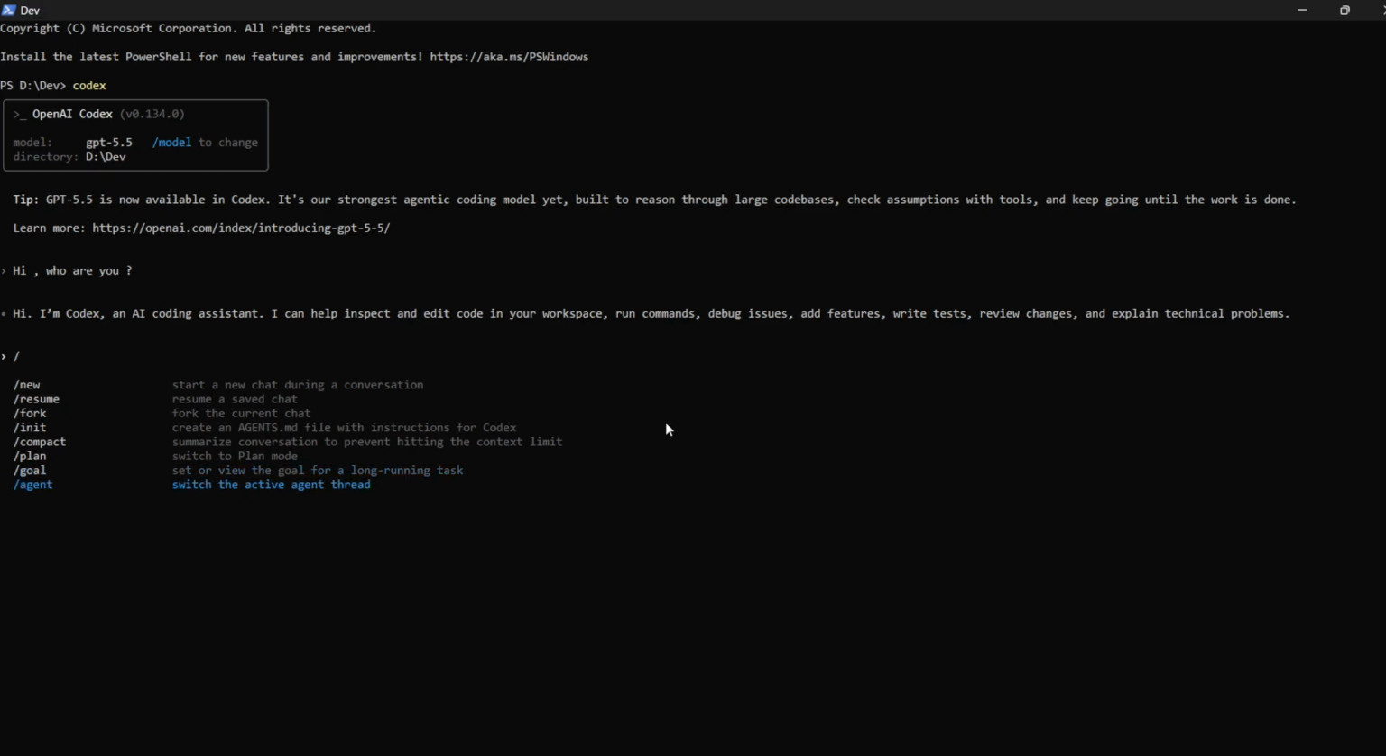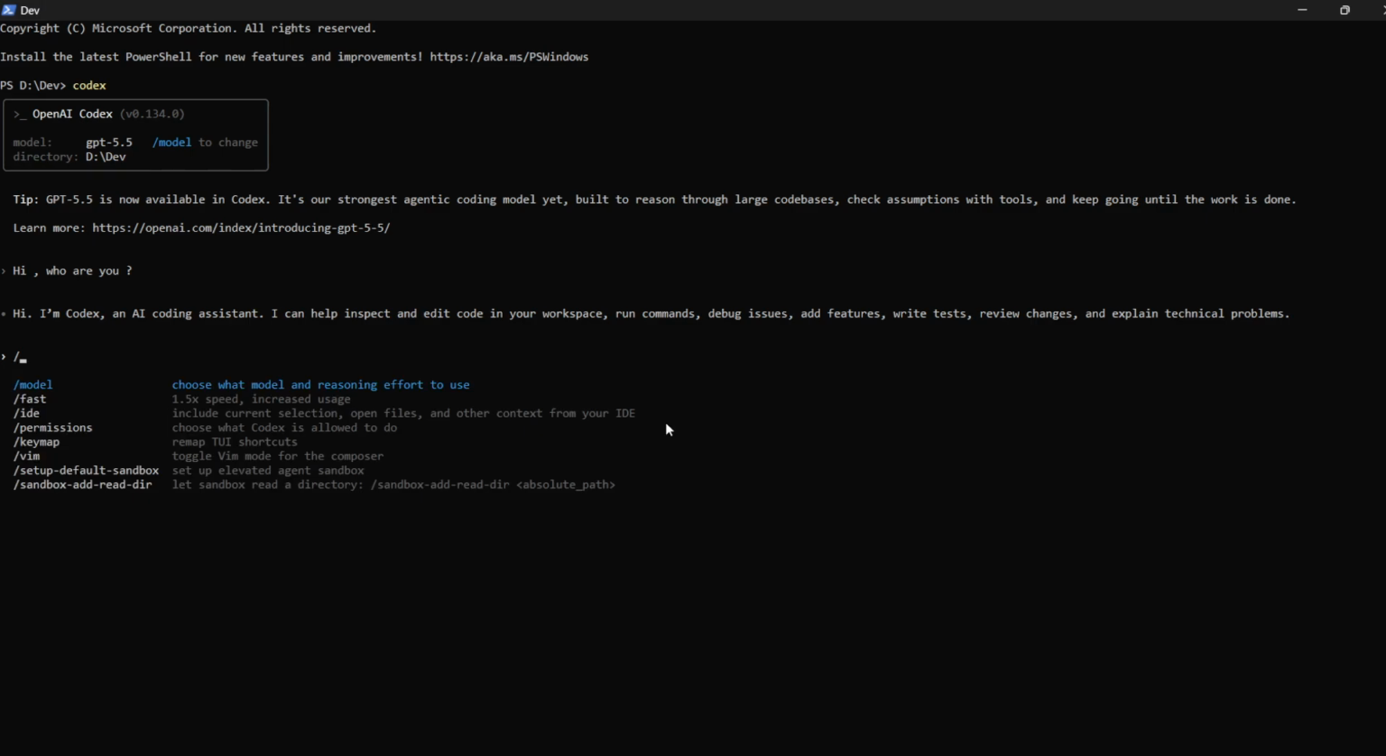We have the goal option, the agent command, using which you can switch the active agent thread. We have the side option to start a side conversation in an ephemeral fork. And we also have a copy last response as markdown, and raw and diff commands, using which you can toggle raw scrollback mode and show git difference. And similarly, we have different types of commands, which you can see right here. So these are all of the commands which are available in the